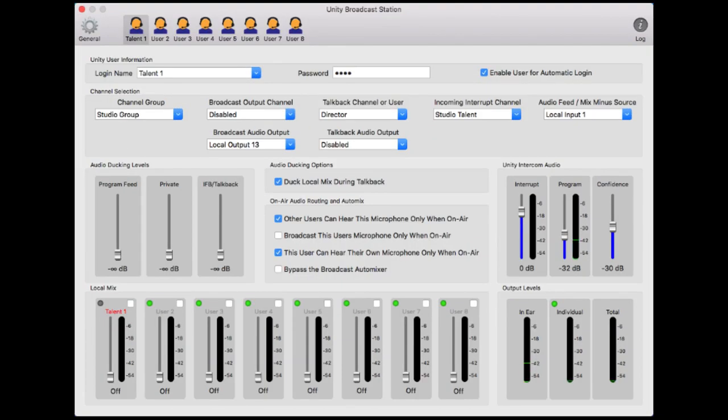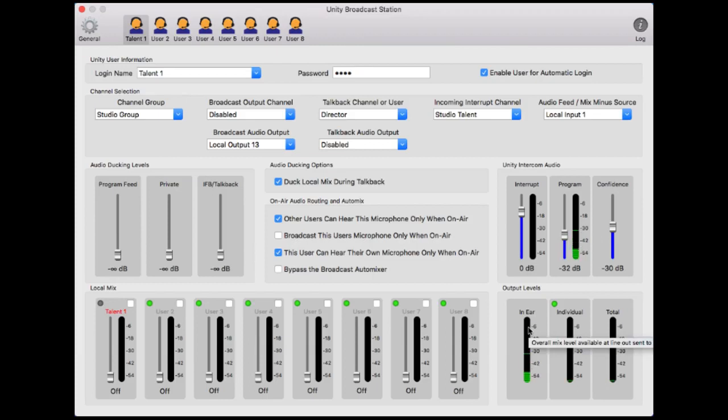Okay, the final bottom section of the user configuration page. And again, keep in mind that this is all for our first talent user at this point. We are configuring the options just for that person. The other 7 talent operators are configured in exactly the same fashion. In fact, the screens are identical. There's some guides at the bottom to show, for example, which tab at the top here we happen to be on. So the bottom is referencing what's going on in the talent's ear and what's going on with that talent's